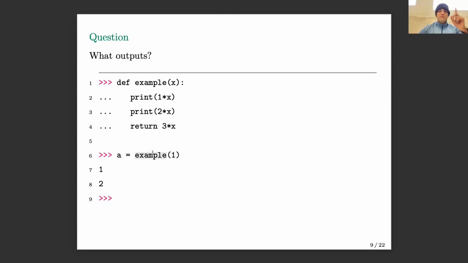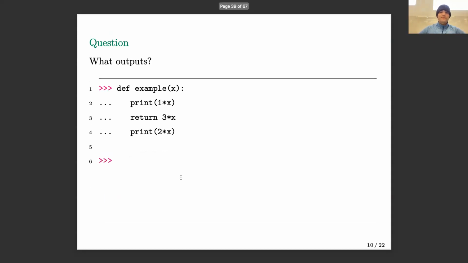And what happens here? Python goes, oh, I know what example is. That's this. I should replace this x with a 1. And I'm going to print 1 times 1. That's this. Then print 2 times 1. That's that 2. And then return 3 times 1. So A actually is holding the value 3. So it was computed even though it wasn't printed. We can do an endless amount of computations that are never displayed. In fact, we don't usually want to see the intermediate calculations displayed. We're using the computer to do those calculations for us, so we certainly don't want to see it.